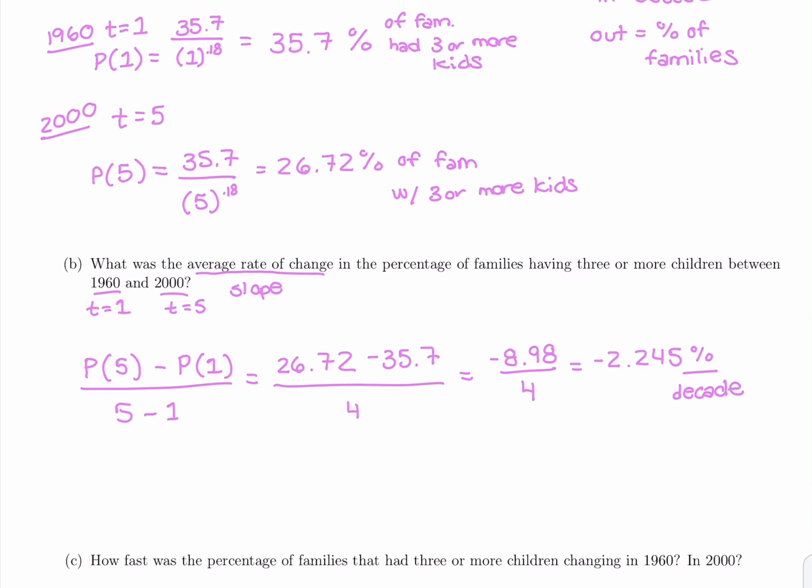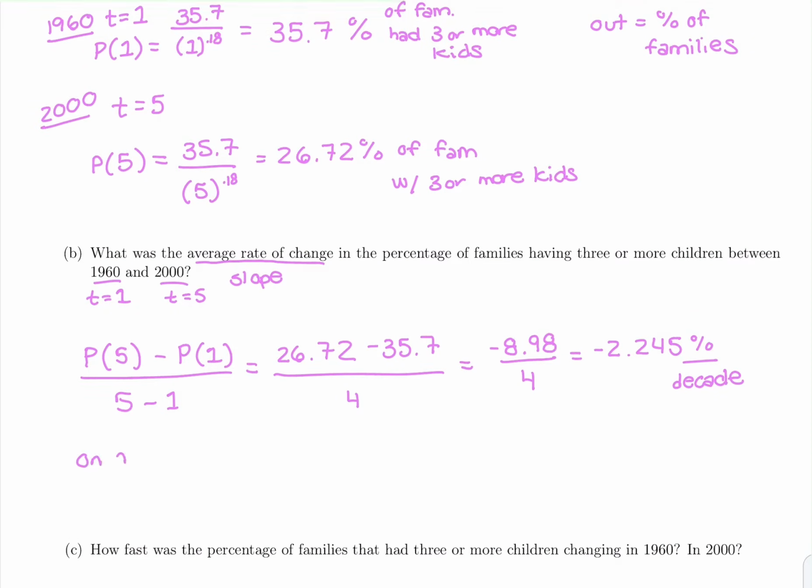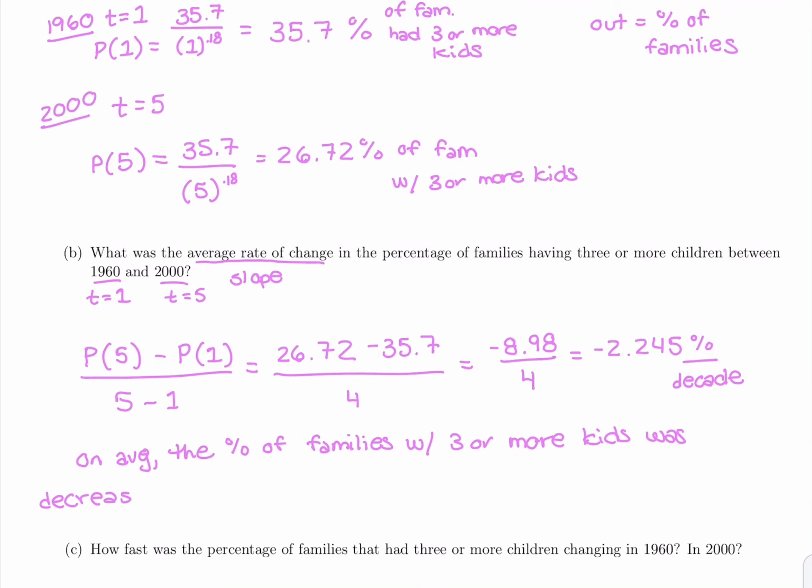So our slope is negative, which tells us on average the percent of families with 3 or more kids was doing what? Increasing or decreasing if we got a negative slope? Was decreasing by 2.245. Remember, if you say decreasing, you don't write decreasing by a negative. 2 negatives would cancel out and make it a positive. So we're going to say just decreasing by 2.245% per decade,